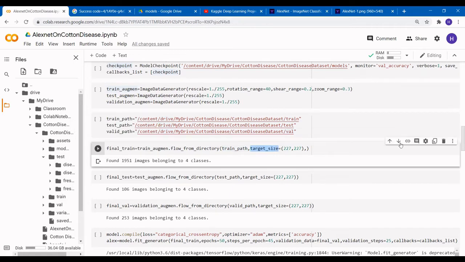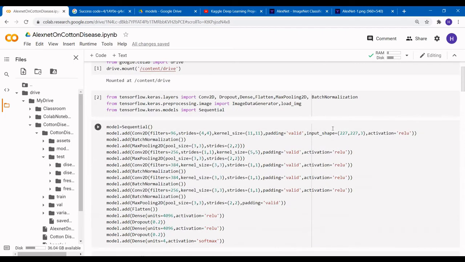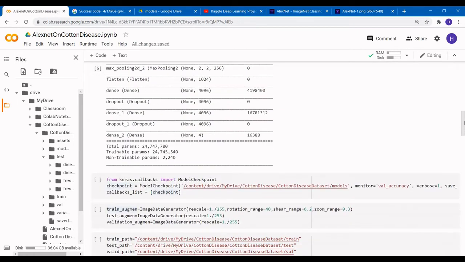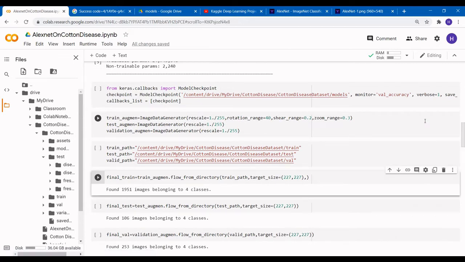As you all know, in the starting I gave my input image as 227 cross 227 cross 3 because it is RGB, so we have to provide 3 channels here. We have to provide the same size that we used earlier. Now after the augmentation, as we can see, there are 1951 images belonging to our 4 classes.